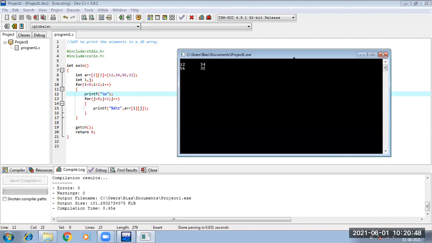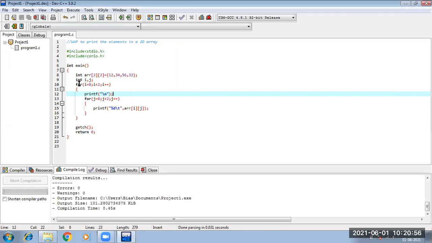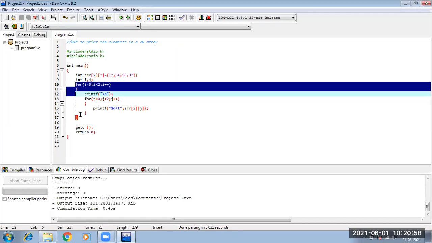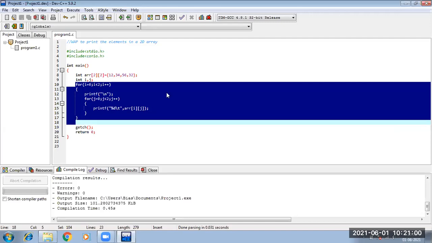Now if you want to take elements, as in case of arrays which we have learned, same concept will be used. For taking elements also, this loop only will run. The only change will be here, one ampersand will be included. Otherwise, same concept.